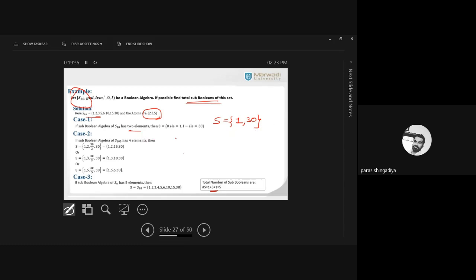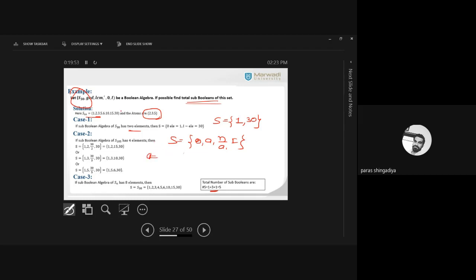Now in case 2, write the first formula. There is a 0 element, A, n by A, and the I. Okay, that is a fixed formula to predict the answer in case 2. Clear? So now check the various atoms. We have 2, 3, 5. There are 3 atoms, so replace each atom one by one.